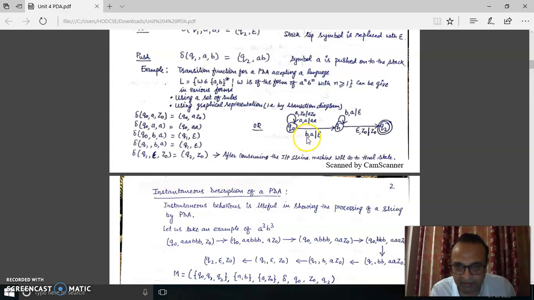means B appears on the tape. The recently read symbol is B, and certainly at that time A must be on the top of the stack. What you are doing is shifting to another state and popping the element from the stack. Shifting is very important. Suppose in some examples there is any kind of confusion that there should not be any kind of shifting. We can do the same job by keeping on the Q0 state.